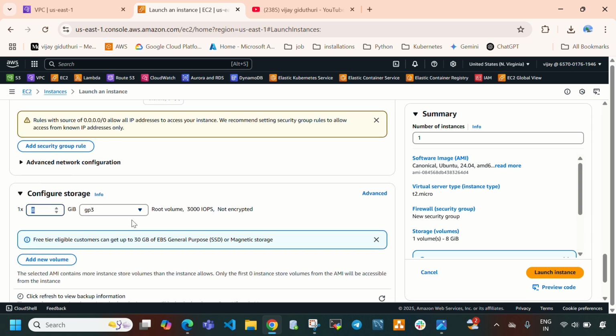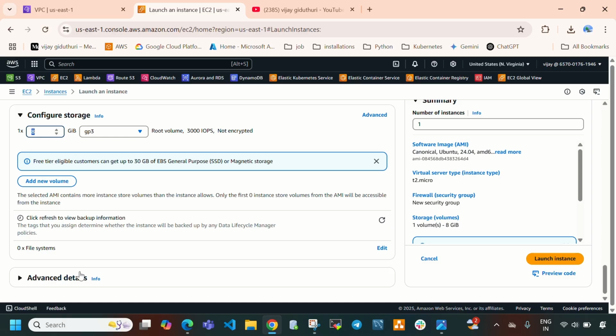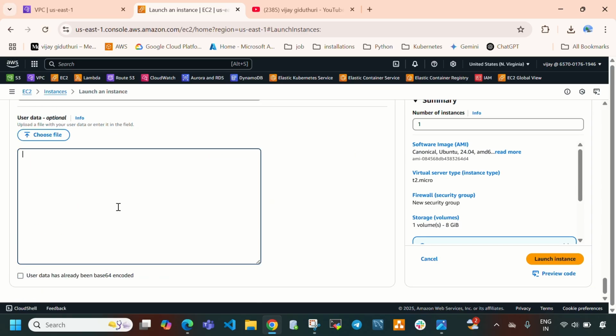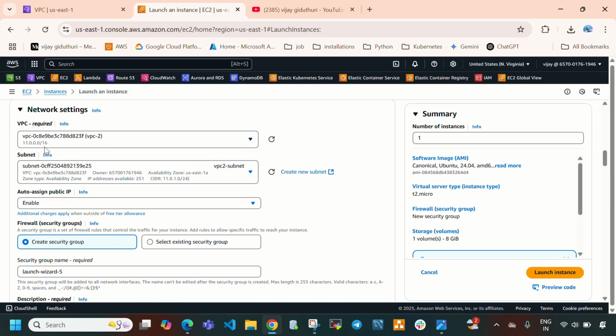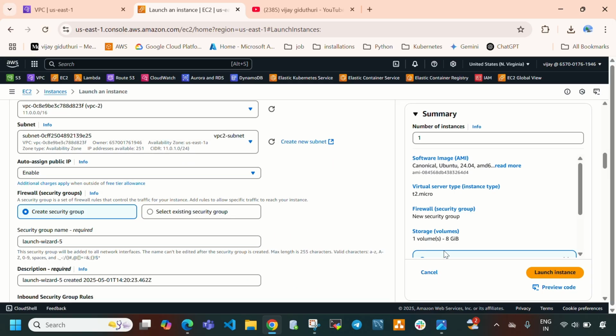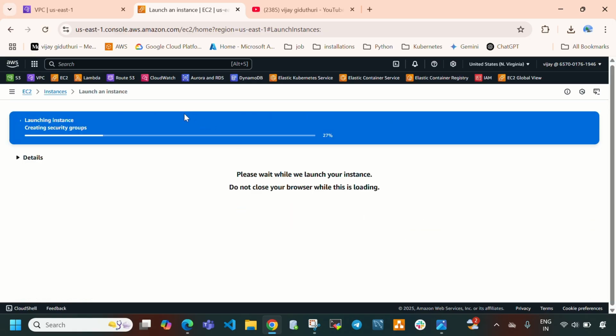Okay, and I'm going with default storage which is 8 GB, and in advanced details, in EC2 user data, I'm going to paste that same content. I'm going to change this to instance 2 because this is instance 2, right? So this EC2 instance we are going to create under VPC2. Directly select launch instance and then select instances.